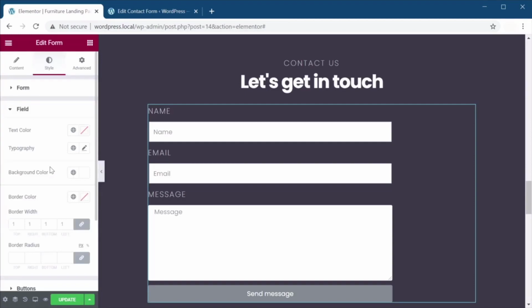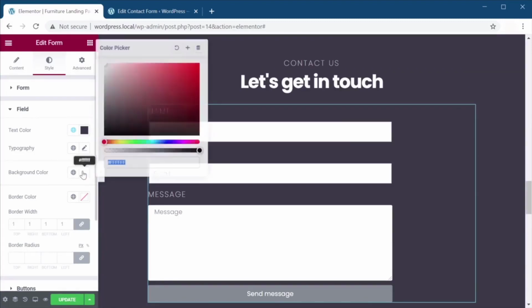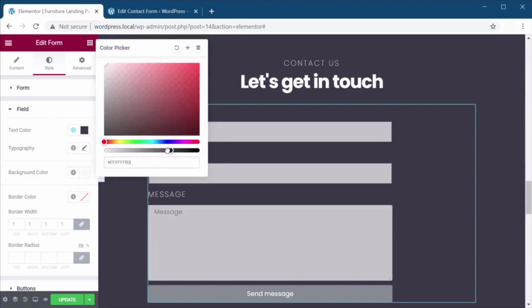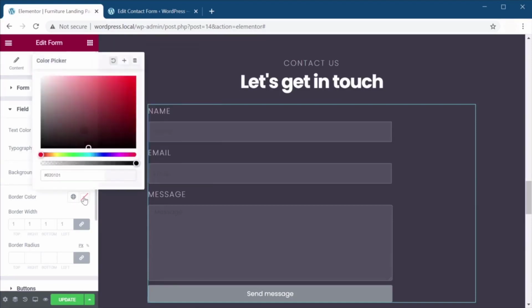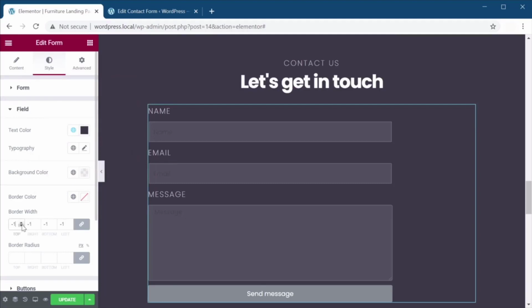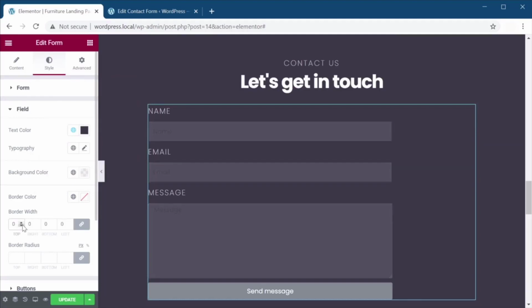Now for the fields. The text color is going to be our custom text. Typography is going to just be the default inherited from the parent. The background color is going to be white. But I want it to be around 10 opacity, which is, I believe, something like this. I don't want a border color, so we'll actually remove that border. And actually for the text color here,